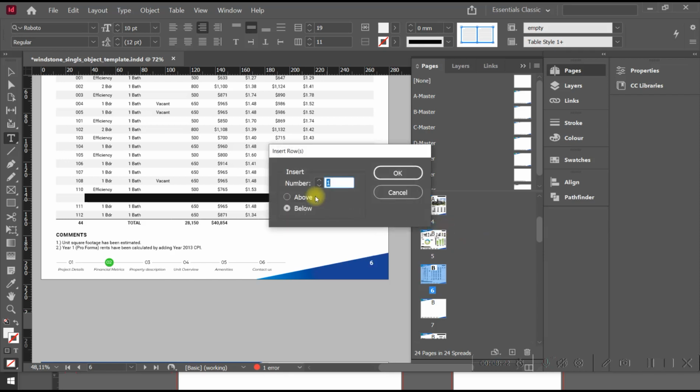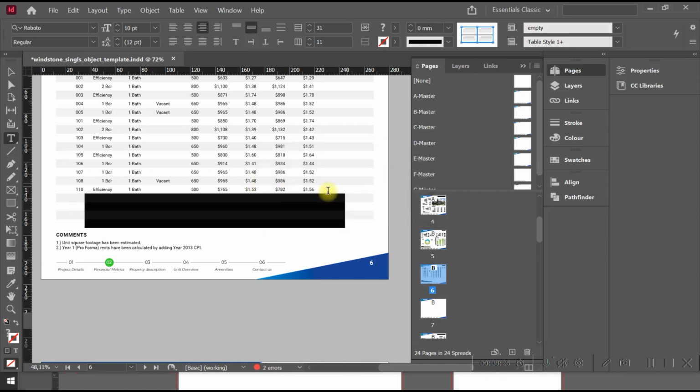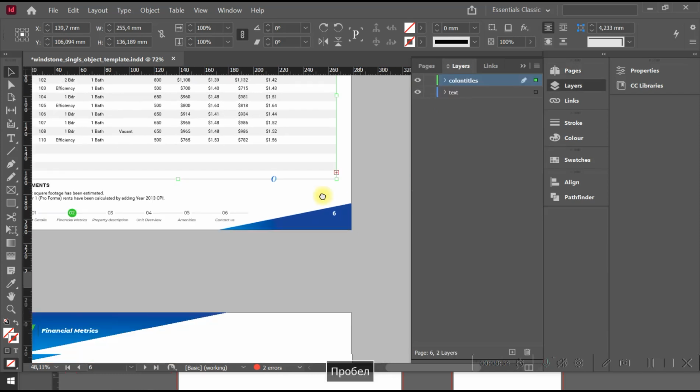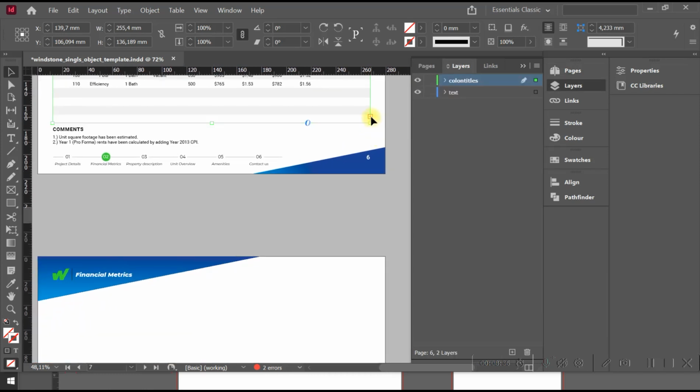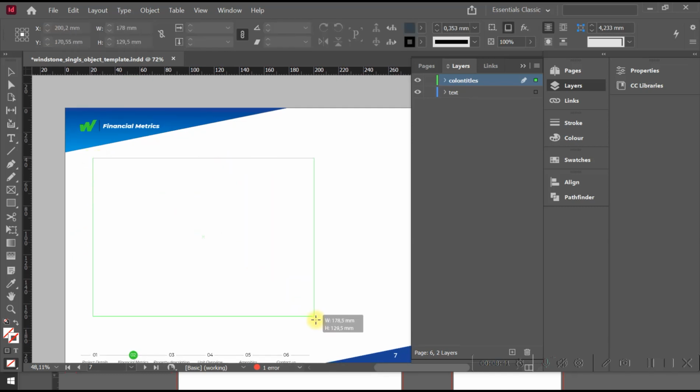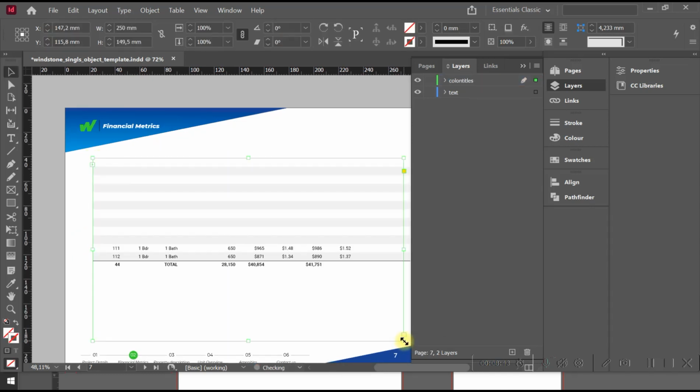I add rows, for example 12 below. Okay, I have created it, and we have a square sign and a plus. I press the plus and create a table,